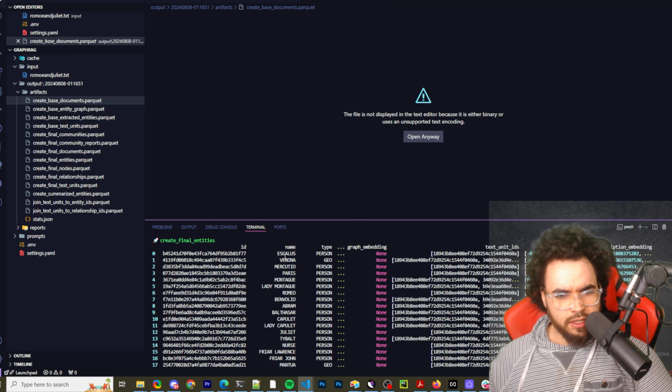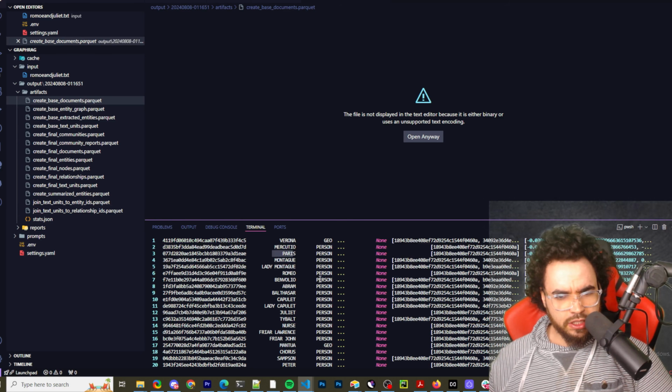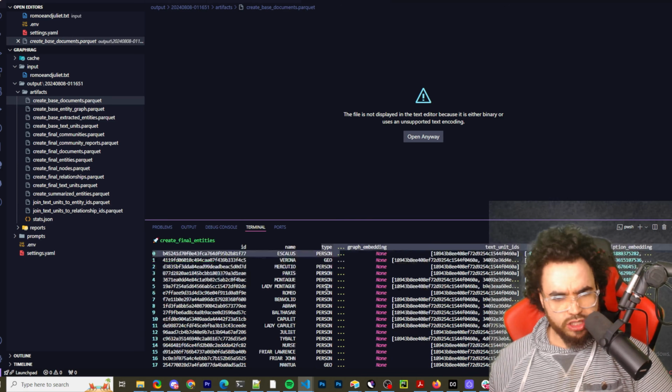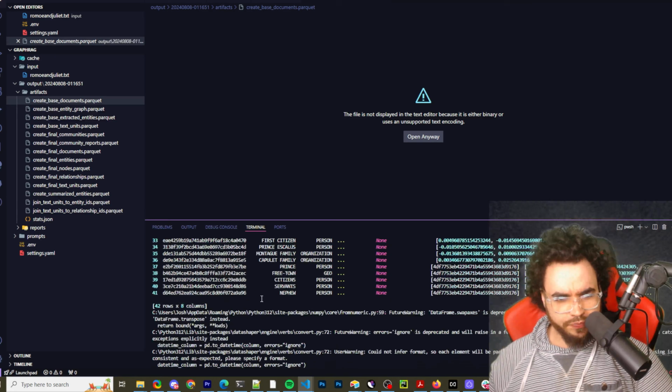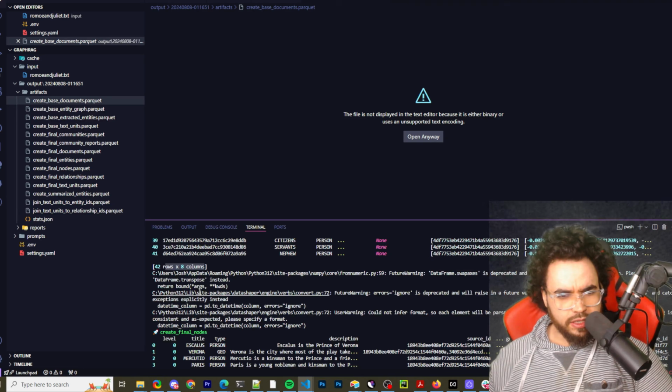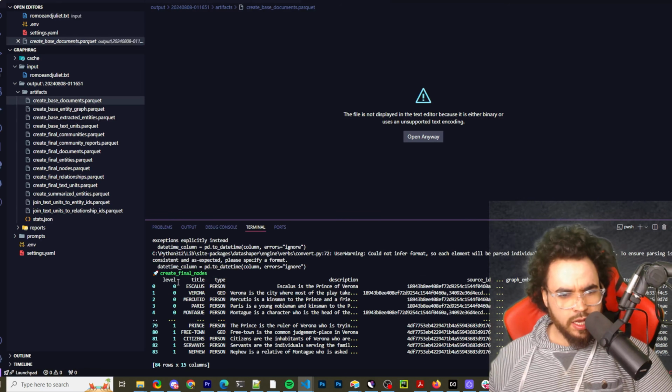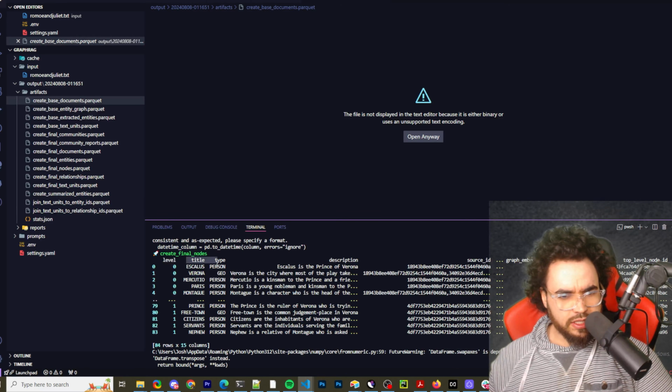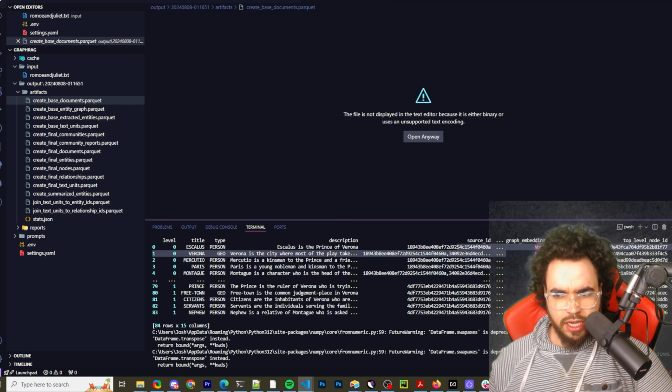So we can see different entities, the different names, the type, so person, geo, graph embedding, text unit IDs, description embedding. You can see the different rows times columns, and then create final nodes. So we can see like title, person, description is the Prince of Verona, source ID, graph embedding, entity type, top